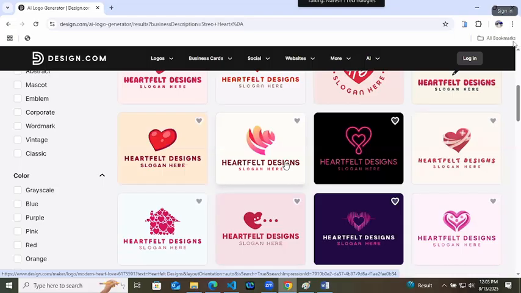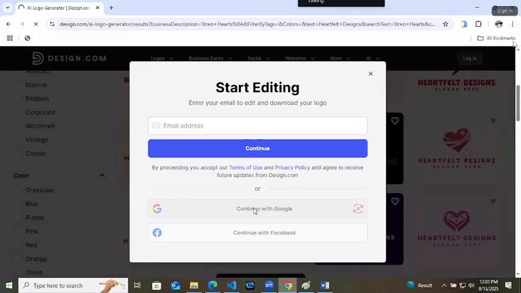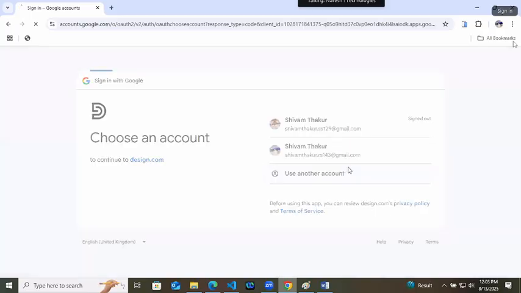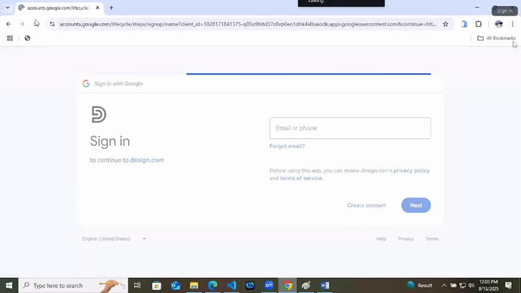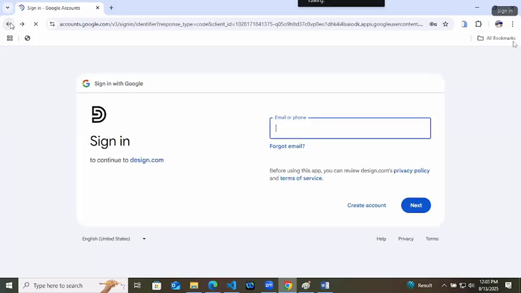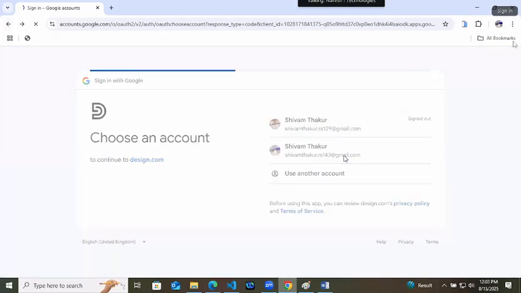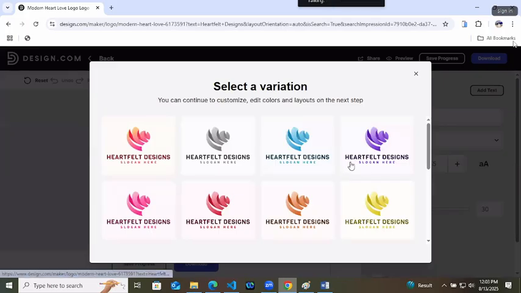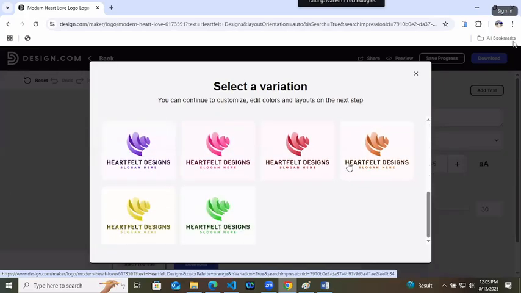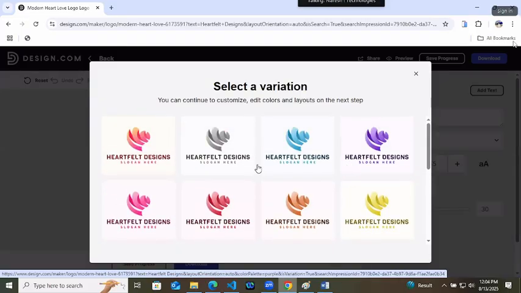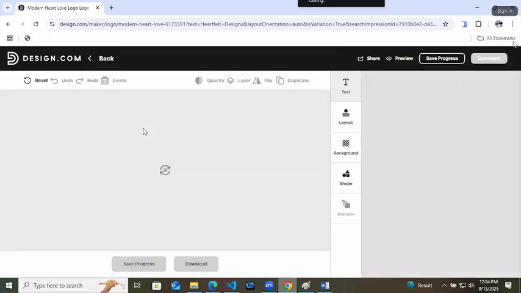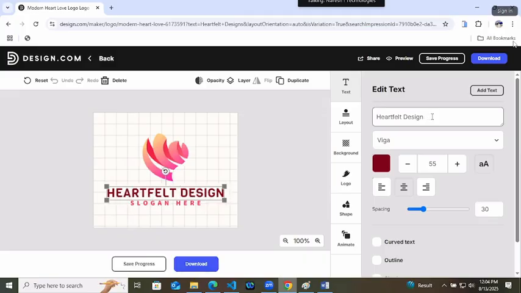Text doesn't matter. You can edit it. This hurtful design text I will change to stereo hertz, and this slogan we will remove. Simple.